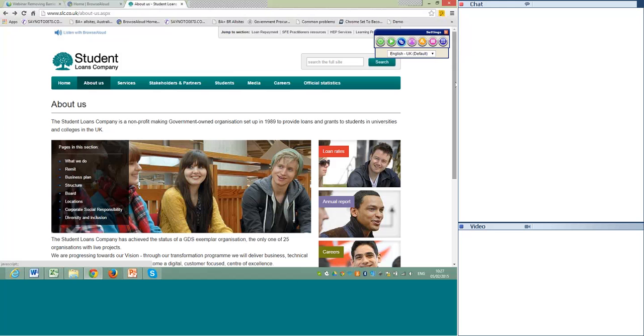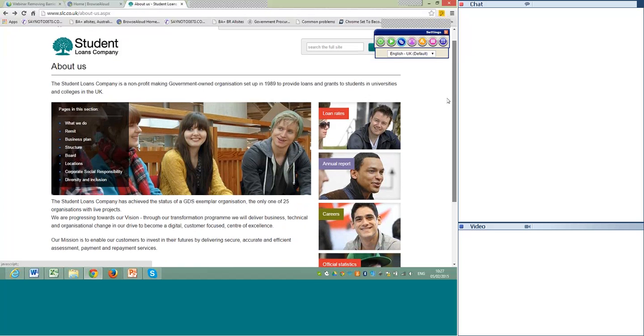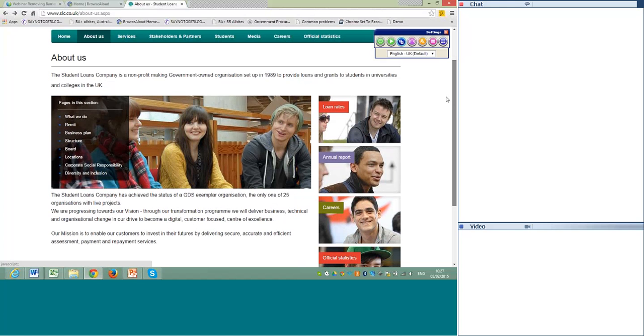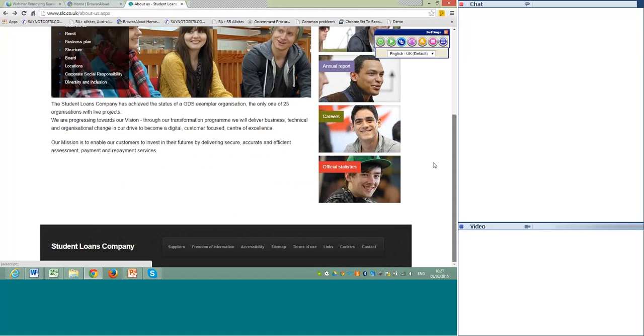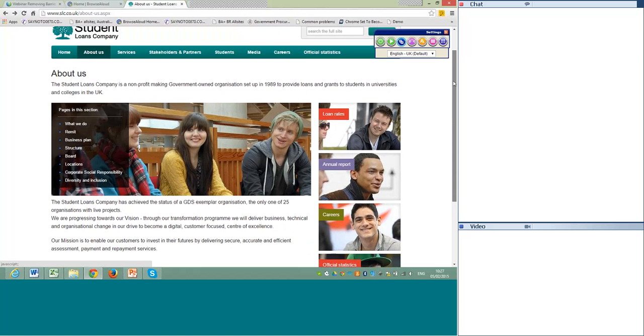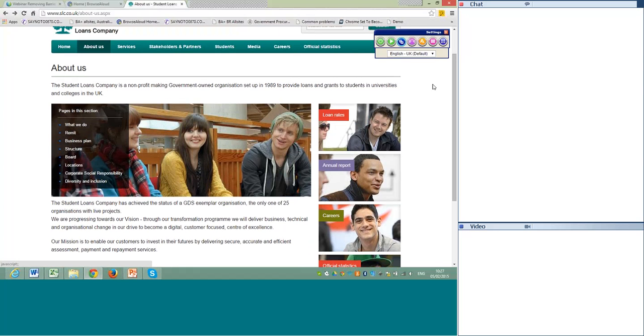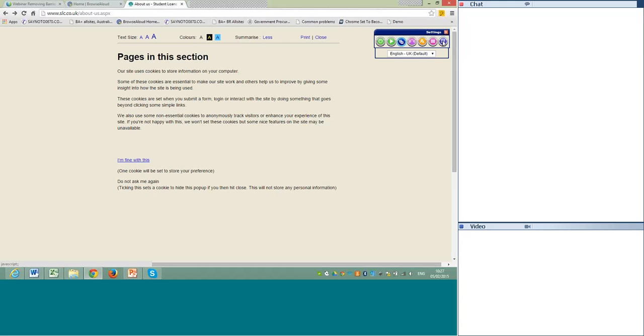Now, when you look at this website, there's a lot going on. We have a picture in the middle, pictures all down the right hand side, and stuff at the bottom as well. For people with cognitive issues, there may be too much information, and sometimes there can be things moving on the website as well. So we have a simplify button, and what it does, whoops, it's actually picked up a cookie, so I've shown the wrong thing here.